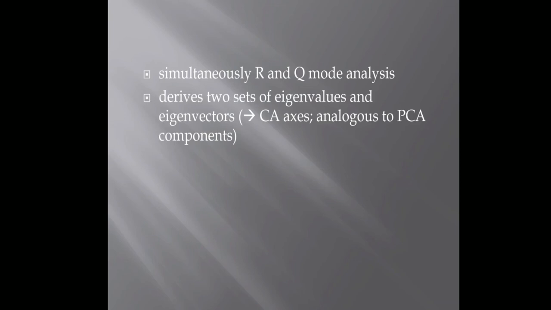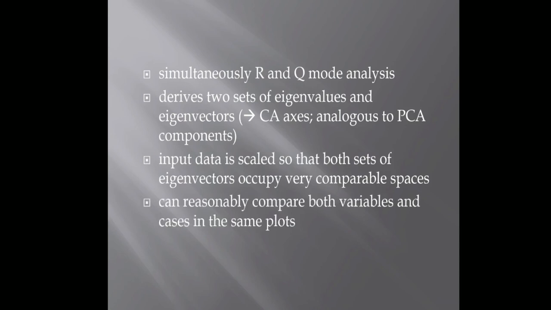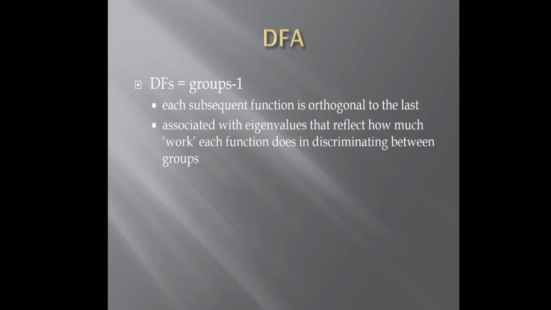Simplest R and Q mode analysis, two sets of eigenvalues and eigenvectors. The axis angular PCA component input data is calculated at both eigenvectors of a very comparable space, so we can reasonably compare both variables and cases in the same plot. DFA: groups. Each subsequent function is orthogonal to the last and reflects how much work each function does in a